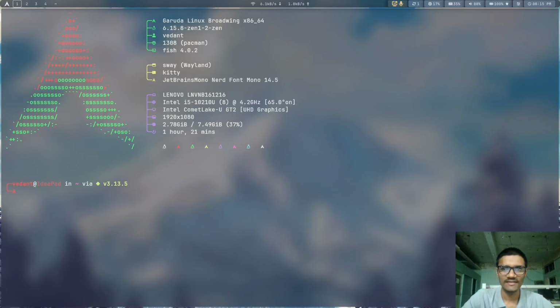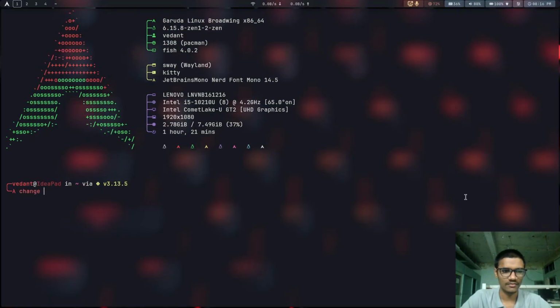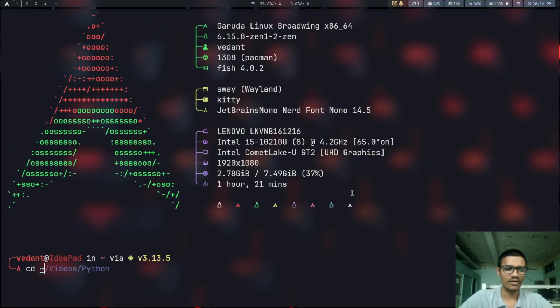So the most basic thing you will be taught firstly is the cd command. cd stands for change directory, and this symbol right here stands for your home directory, meaning the location in which you currently are. Most of the time, whenever you open your terminal, you will be in your home directory only.